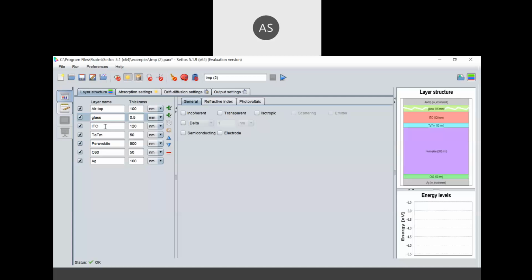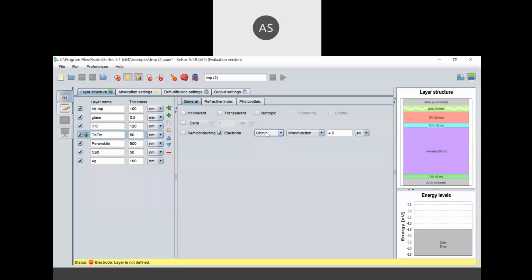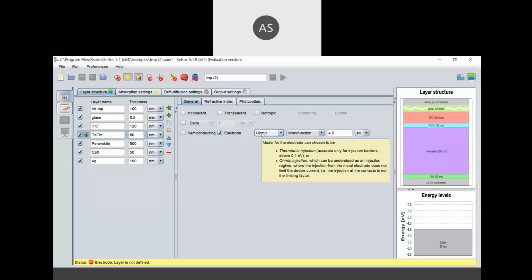Now I need to set the electrode. So I will use this top layer as an electrode. This whole transport layer I'm using as an electrode here. So you can see this is now an electrode, and here we can set either thermionic type, ohmic type, whatever type your electrode is. So we are defining the boundary condition, and similarly you need to define the work function for that.